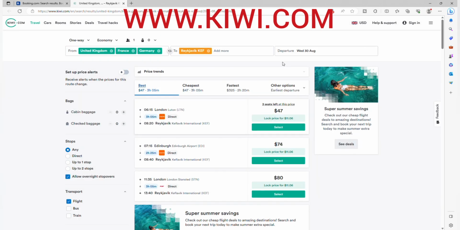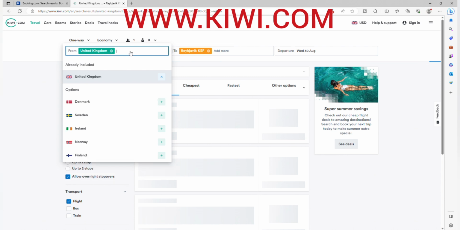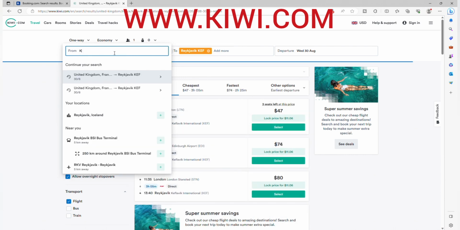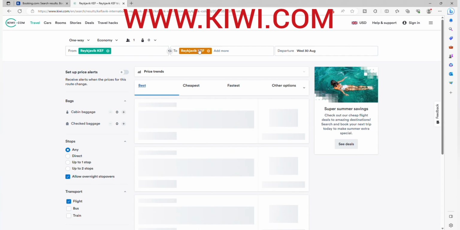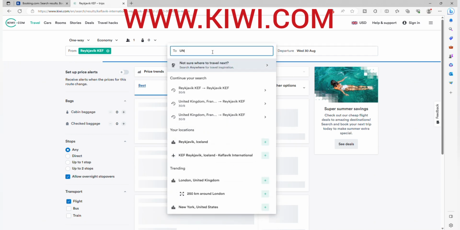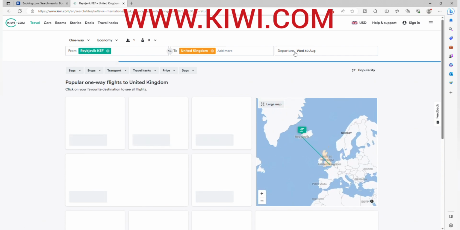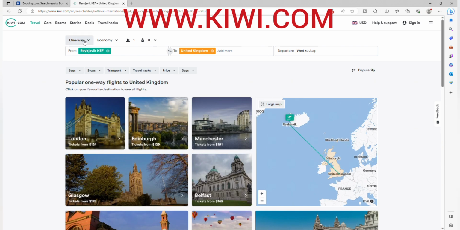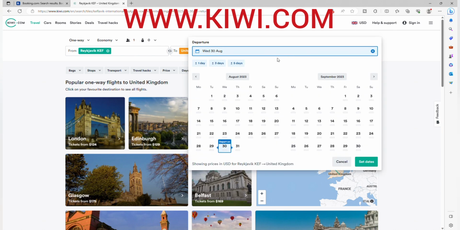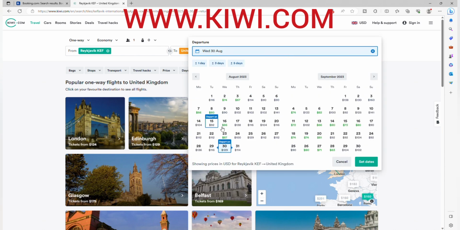Same way back, you type here Keflavik International Airport, and you type here United Kingdom, let's say. It searches all airports in the United Kingdom and all days of the month. United Kingdom, let's see, and departure point, one way. Remember to have it one way, and you look here at the dates. Okay, you have here 4th of September, $74. Click on that, set date,